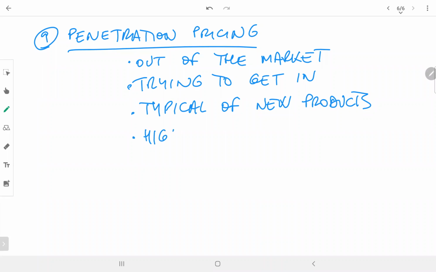So this is useful with high switching costs. High switching cost means that it costs a lot to get out of the product you're in and move into the other one. Those switching costs could be monetary costs, but it could also be opportunity costs. It could be the time that you need to dedicate to do that. For example,